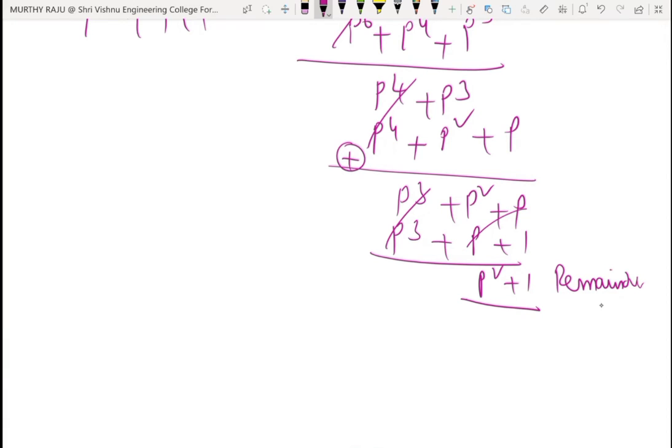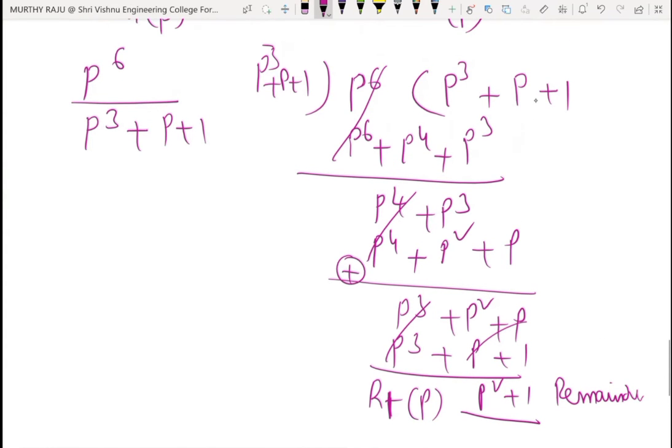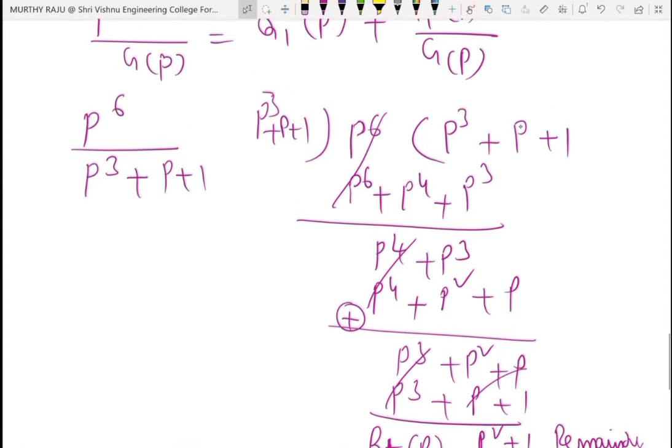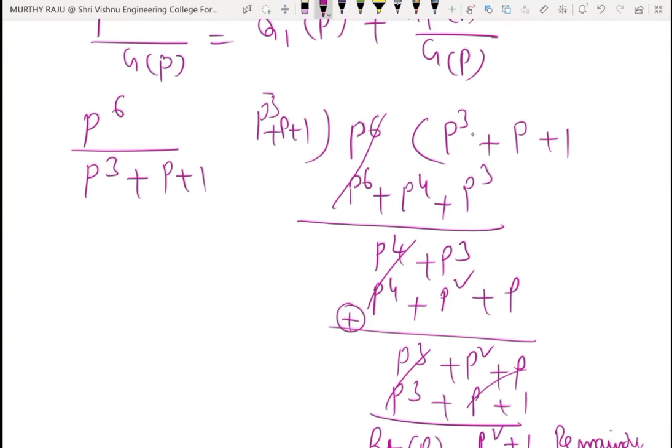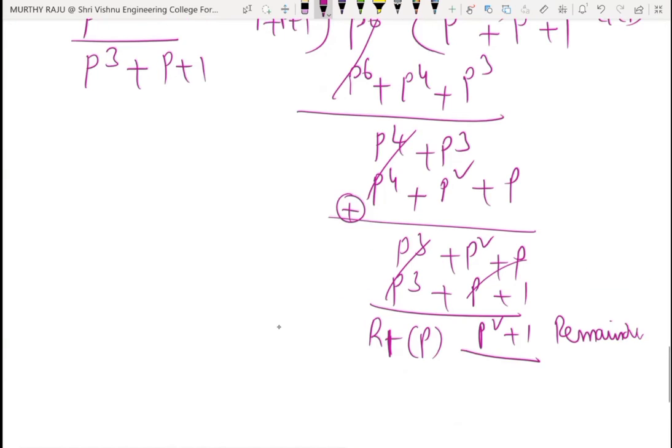P square plus 1 is the remainder. That is R1 of P. For the first row, T is equal to 1, R1 of P. This is the quotient, P square plus P plus 1 is the quotient, and the remainder is R1 of P. Therefore, the first row